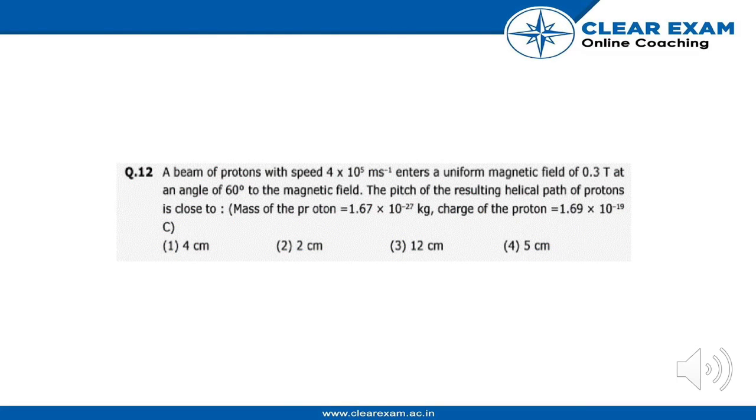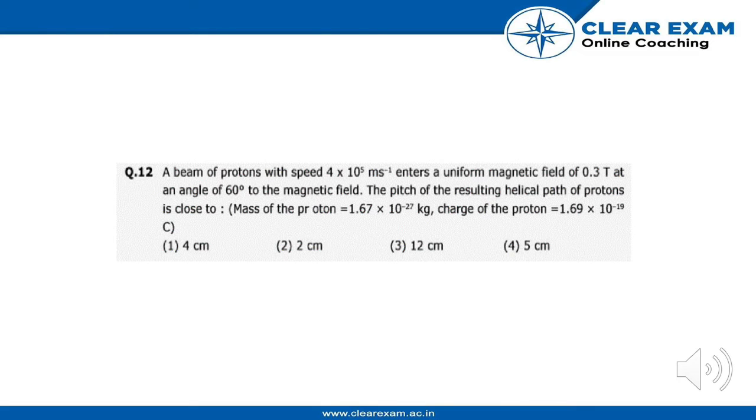Now we have the 12th question. A beam of protons with speed 4 × 10^5 meters per second enters a uniform magnetic field of 0.3 T at an angle of 60 degrees to the magnetic field. The pitch of the resulting helical path of protons is close to, and the mass of proton is given as